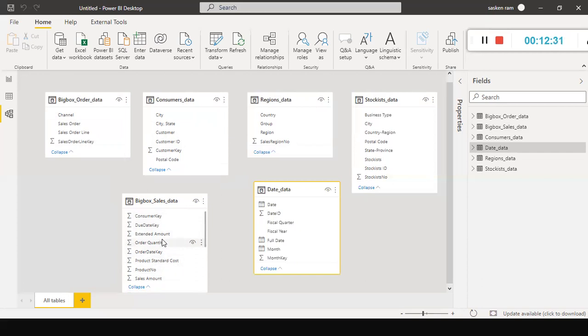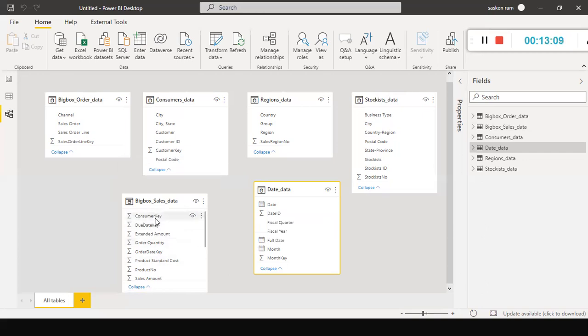If I want to see the customer name by sales, you need to join these two tables based on the common key column between them. Like the employee table and department table, we join using the common column department number to extract the department name from the department table. Similarly, to extract the customer name from this table, you need to join these two tables based on the common key column. In this case, look here, customer key column. This is the fact table. Ideally, I should call this a fact table.